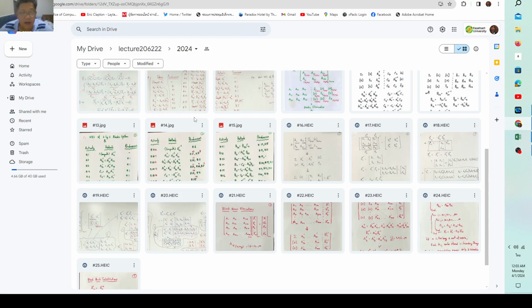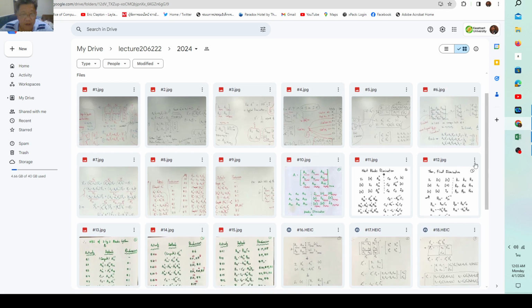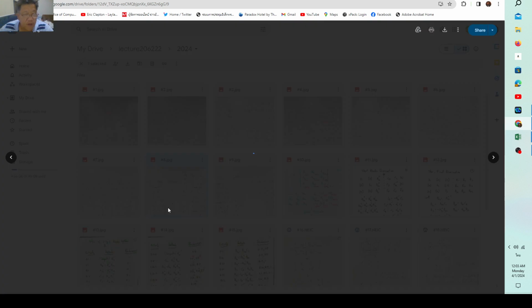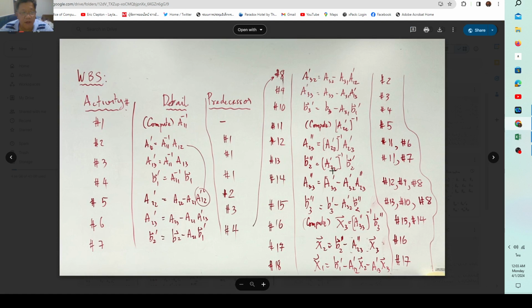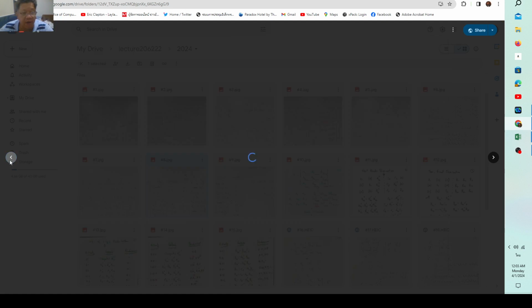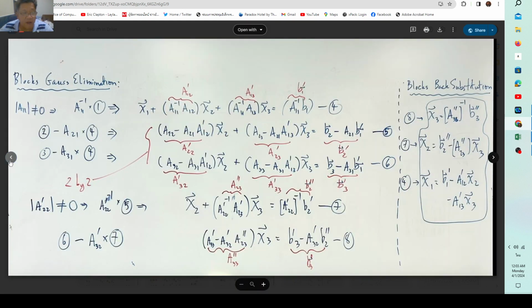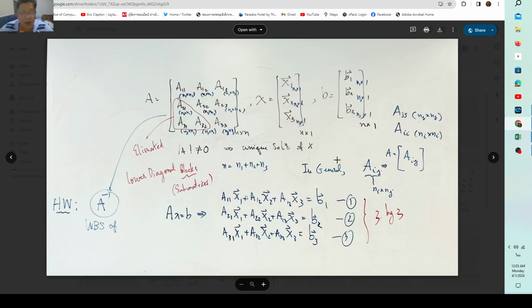So far we ended up with the homework assignment for you last week for this work breakdown structure that appears the 18 activities of solving this 3 by 3 system of linear equations,